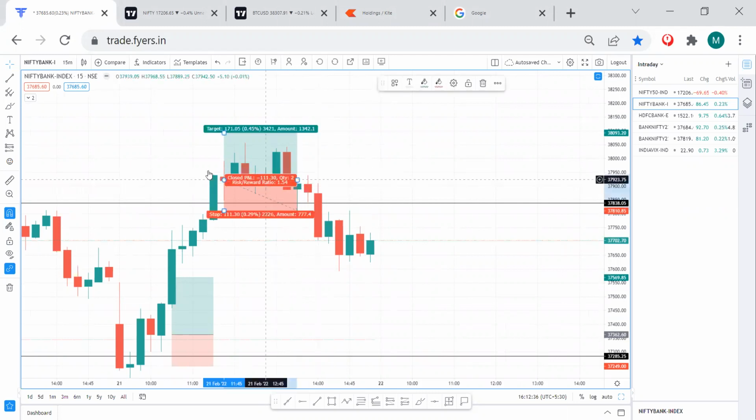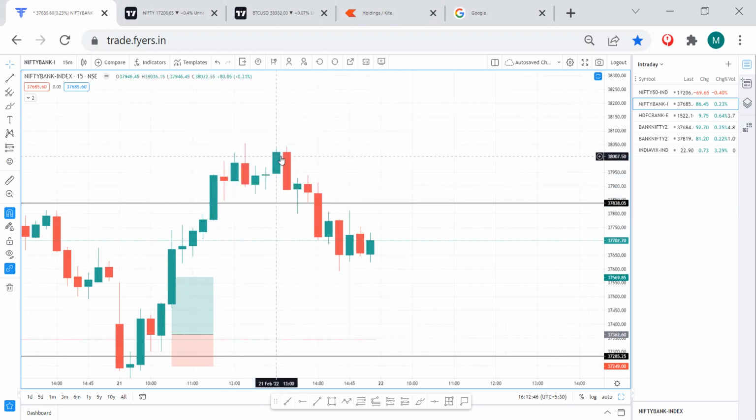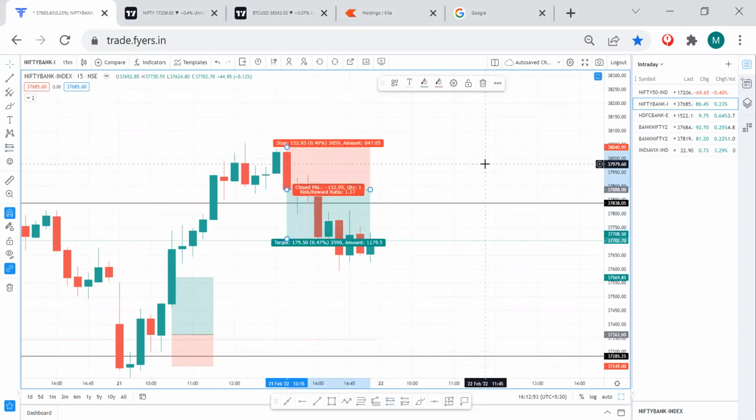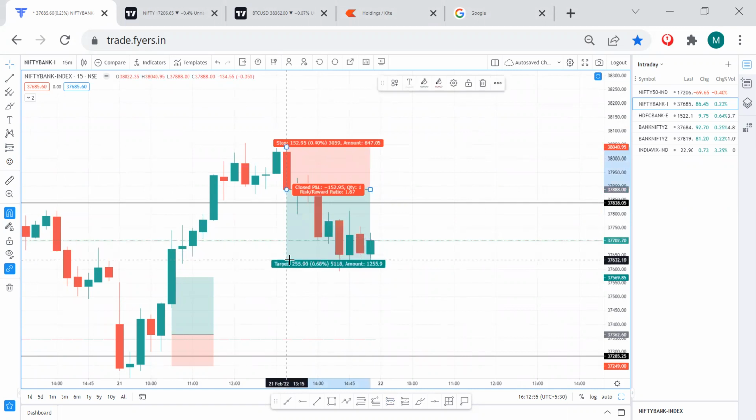अगर आपकी एंट्री somewhere around 37,900 के पास थी तो थोड़ा सा the stop loss was here, but you could have gone and exited here, considering that the market has changed its structure on an intraday basis. Now it's time to change your position. Based on this candle, if you would have gone short, and your risk reward would have been